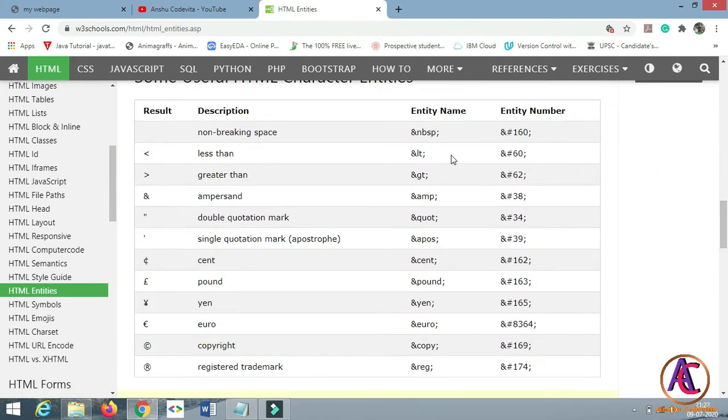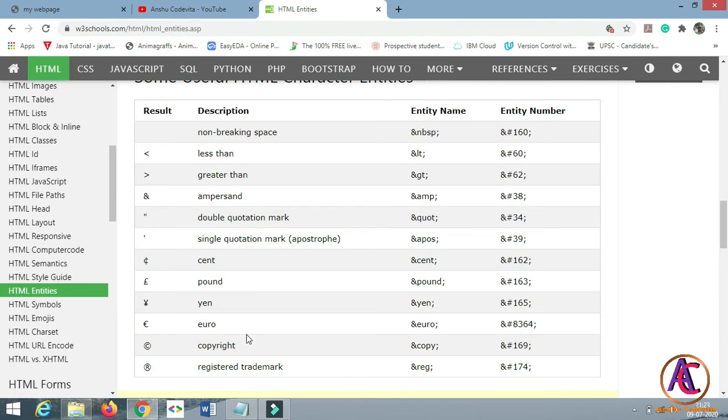All the entities have an ampersand symbol at the beginning: for less than, &lt; for greater than, &gt; for ampersand, &amp; and for copyright also, &copy;. So it is also easy to remember. For greater than, the first letter of greater, g, and then t. For less than, the first letter of less, l, and t, less than.